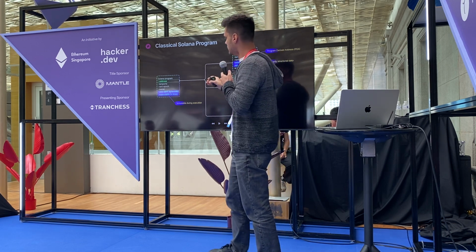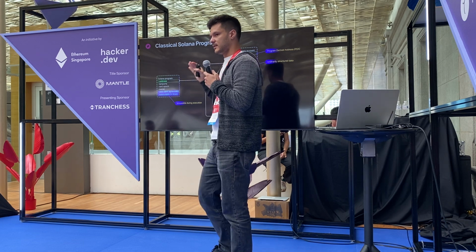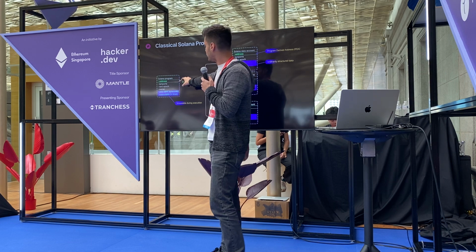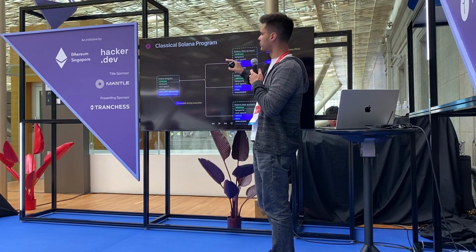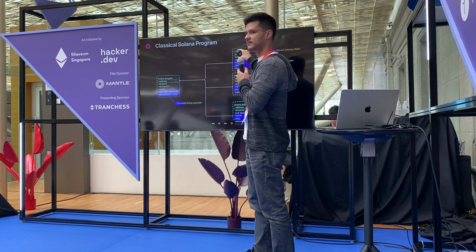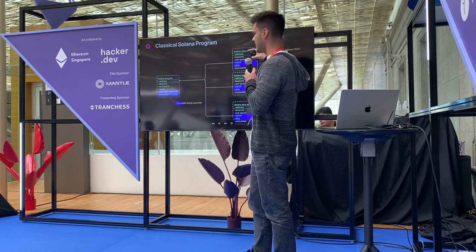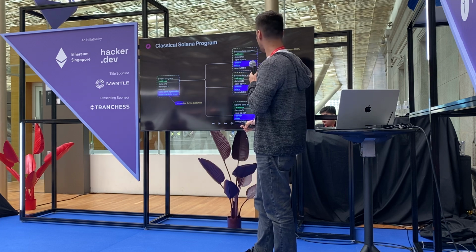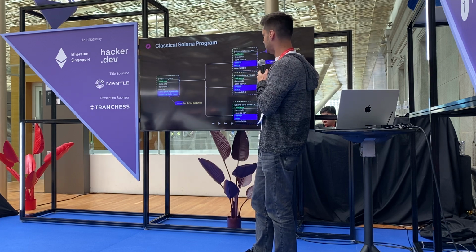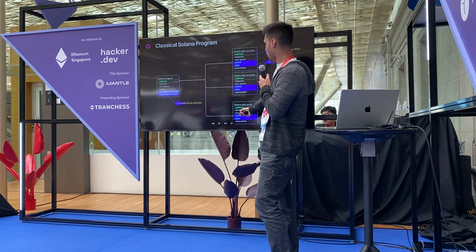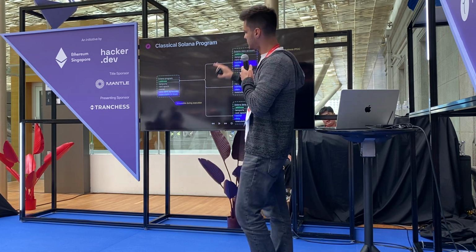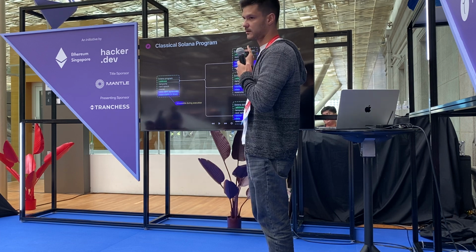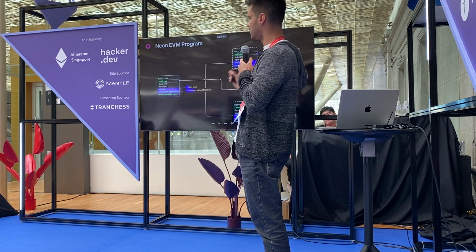So in order to represent the state, the Solana program itself creates data accounts to store the state. Like the Solana program creates files that it can later read from and recreate its state. And also, of course, the owner of those accounts is the Solana program itself. So this is in a nutshell how a classical Solana program looks,